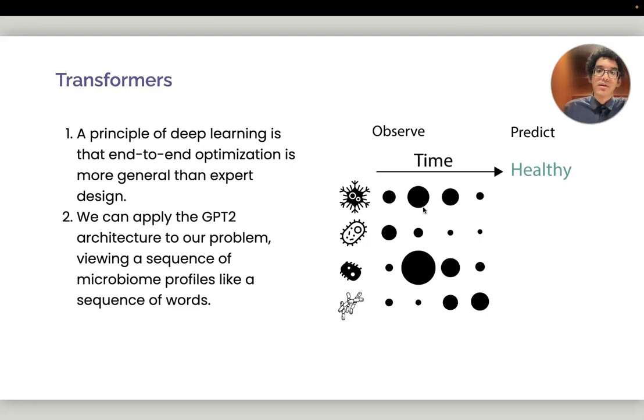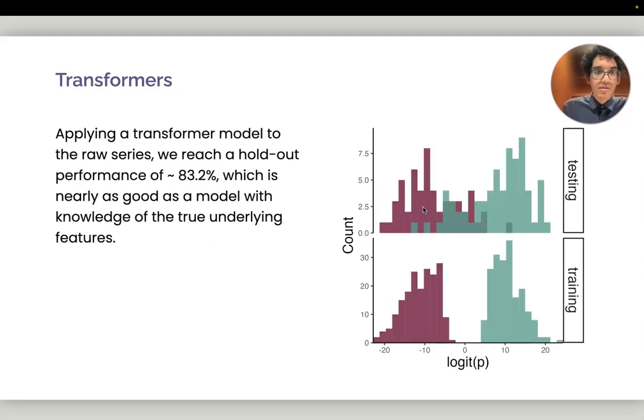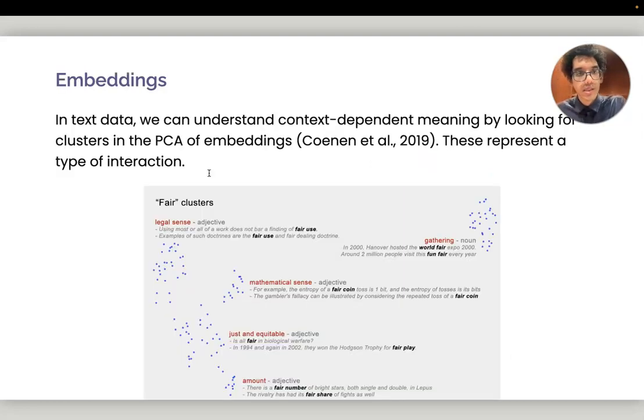The problem is now you can predict well, and so here I'm just showing you can get an accuracy that's nearly as good as the accuracy of something that knows how I generated the data. But how do you actually do science from that model? It's more interesting to be able to attribute those predictions to specific properties of these species or their trends. So let's try to understand explanations.